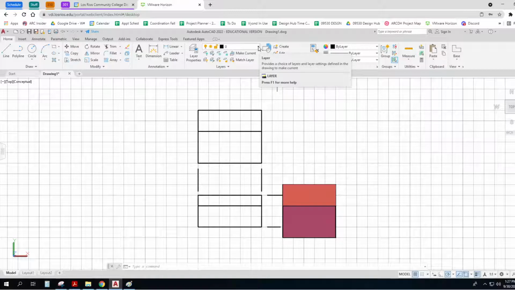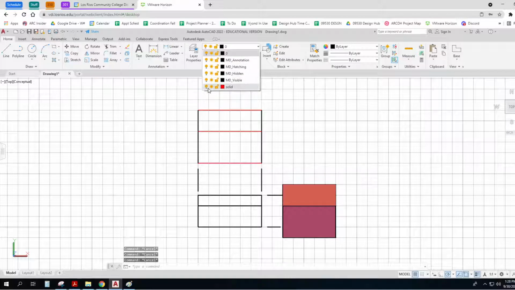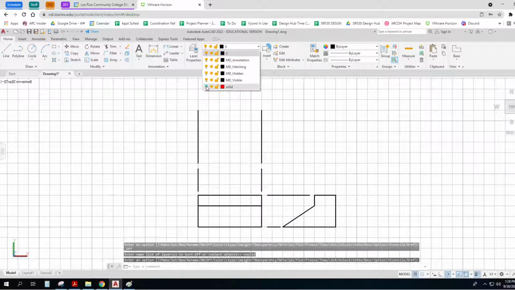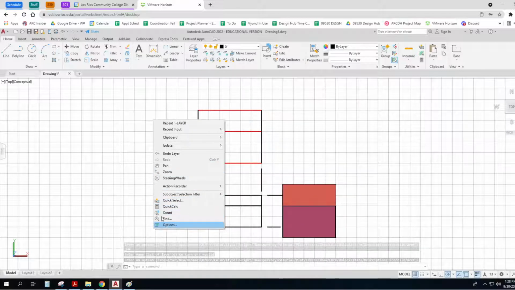Oh, okay. Let me show you how to do that too. So here, let's say I want this line and this line and this line to be on my solid layer. So I pick my lines and I click on it and I say, put it on my solid layer. Now those ones are on that layer so that if I turn it off, I don't see them. Another way to do that,